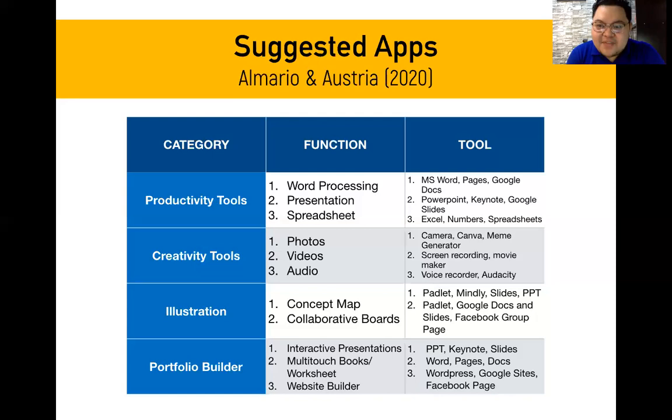Now, creative thinking skills is one of the essential skills that we must hone in our social studies classes. Okay? And under this category, there are several tools that has different functions. First, photos. They can make use of the camera available in their gadget. Okay? And then once they have taken a picture, they can incorporate some designs using the website Canva. Okay? Actually, a lot of teachers are using Canva to use appropriate designs for their presentations to make it more appealing to the students